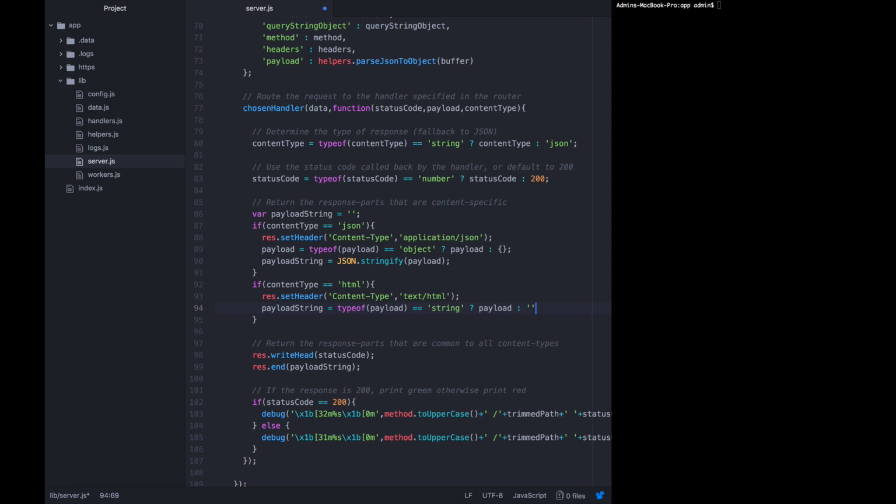payload, or empty string. In other words, if the existing payload that's being called back by the handler is already a string, then that's the string we need to use. Otherwise, we're going to use an empty string of our own. For these HTML handlers, calling back an object is not going to work. We're expecting these handlers to call back strings so that we can write them to the body of an HTML